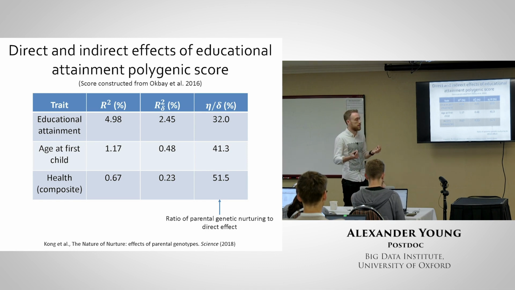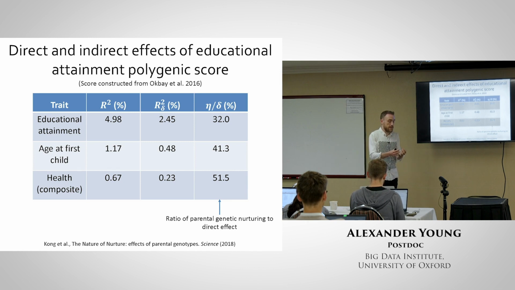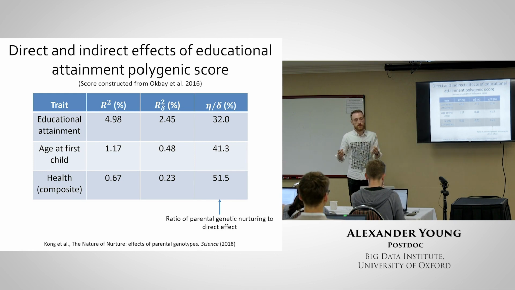And it's worth remembering that in terms of variance explained, that can be a bigger effect than you anticipate, because the standard GWAS estimate or the standard regression estimate of the effect of the polygenic score is like the direct effect plus the nurturing effect, and then the variance explained is proportional to the square of that. So the effect of the indirect effects in inflating the variance explained is something more like (1 + 1/3) squared. The 1/3 doesn't sound like a lot, but once you square the effect size, it can actually contribute a lot to the variance explained by the polygenic score because of the gene-environment correlation, essentially.